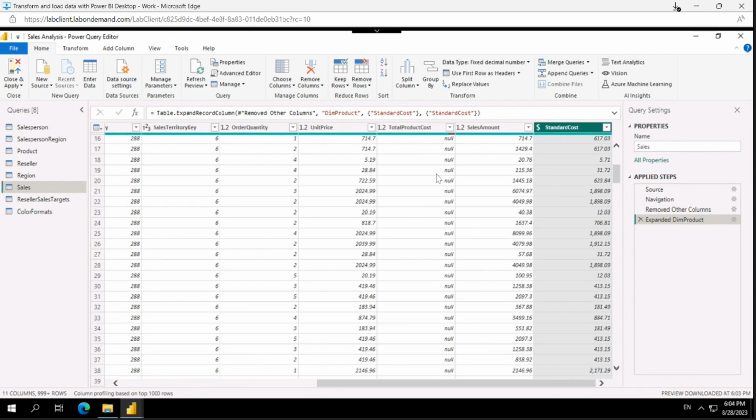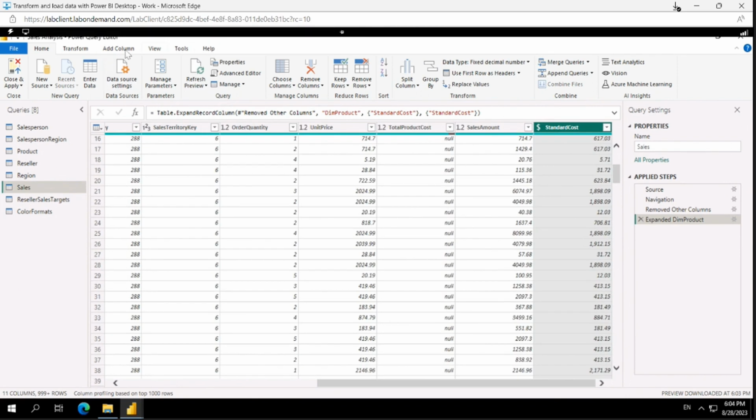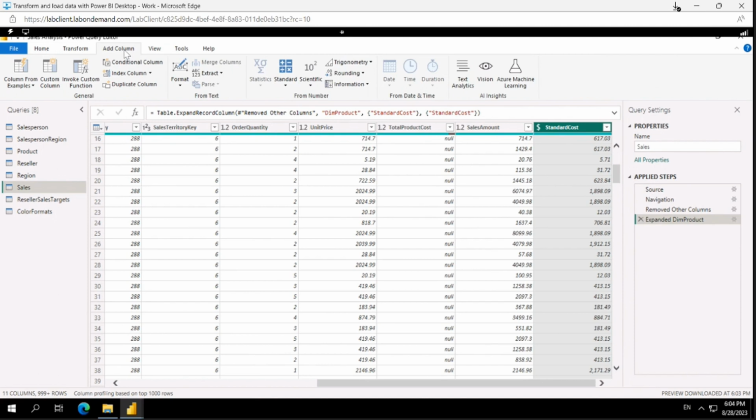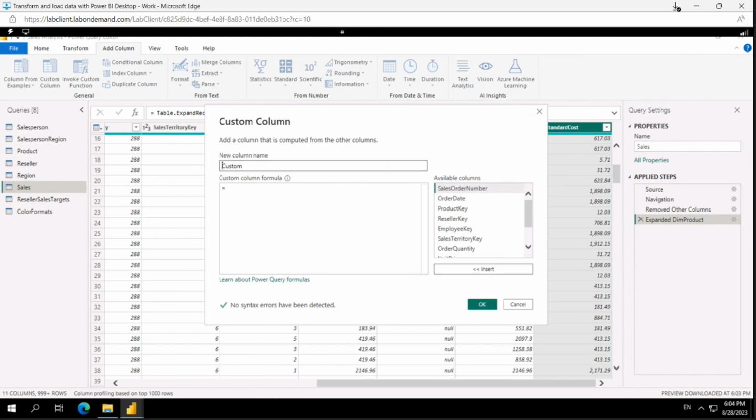In order to do that, we'll go to the add column tab and click on custom column. It opens up a dialog box that has the column name, the formula, and the available columns in the query. What we'll do is rename this column to cost, and then we will apply some